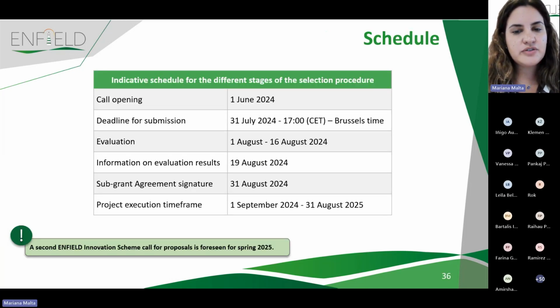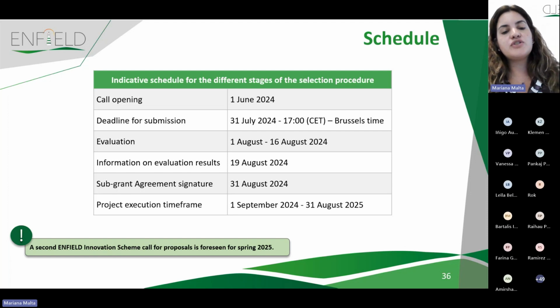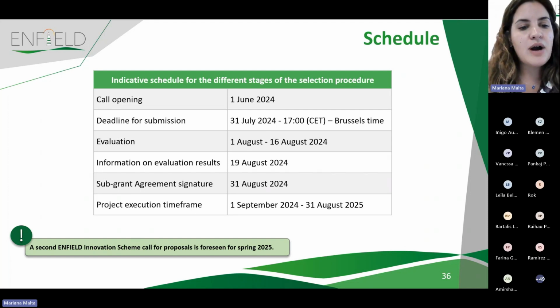So finally, just to show you an indicative schedule of the different stages of this selection procedure. The call was opened at the beginning of the month, and you will have until the submission deadline, which is the 31st of July, to apply. Then the evaluation process will occur in the first 2 weeks of August, and around the 19th of August, we will inform the applicants about the evaluation results. It is expected that by the end of August, we will have the signature of the grant agreements, and